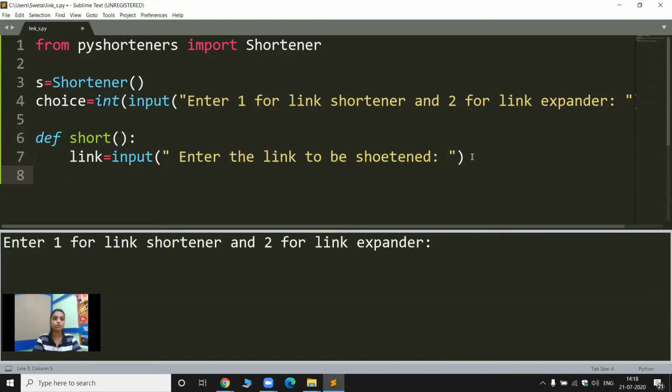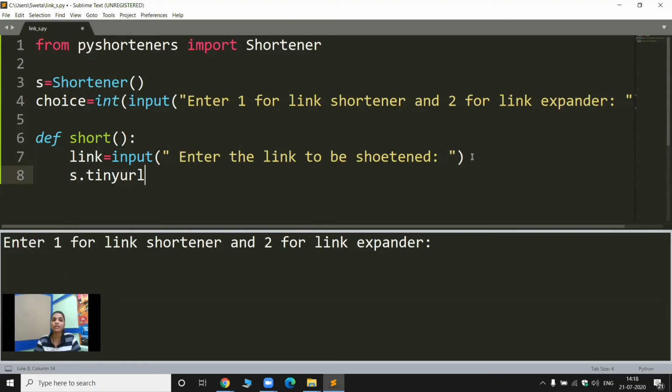Now we are going to create a shortened link with this link. For that we need s dot tinyurl. This is going to be my URL shortener for this project. You can use different shorteners such as Bitly or any other.